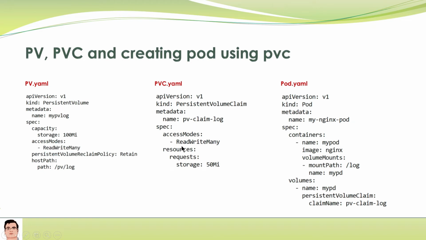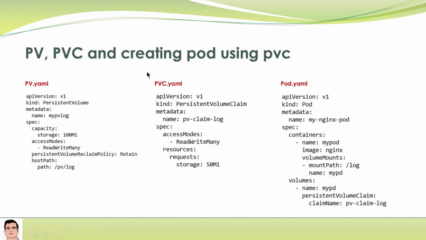The same access mode you have to use for the PVC, because if there is any difference, then the mount will not happen. The claim will not utilize that particular PV. You can find these types of mismatch in the questions, where the PV is created with some access mode and the claim part has a different access mode. That's why the mount does not happen. In that case, you have to modify it, and then the pod will go into the running state if the question is of a similar type. You can see this is the hostPath we are using. The path is the PV log.